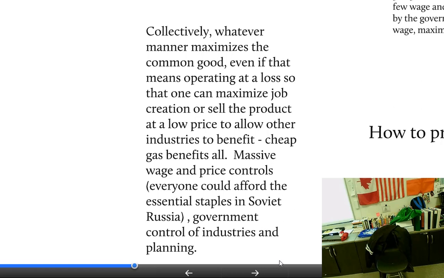So if their goal is the common good and not self-interest, then how we make it might be in a way that maximizes the benefit to society, including maybe selling it for less than we could. We're going to have a wage and price control, meaning that we're not going to allow water to be sold for more than this. Even though people might pay more than this, everyone needs water, so we want to make sure there's a price control. Following the French Revolution in Paris, the different bakeries have made a price control on bread in France. You go to Paris,